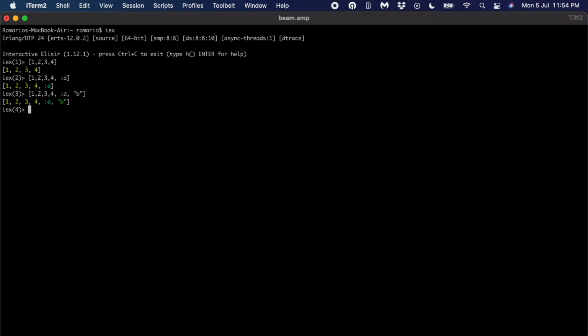We can add two lists by using the double plus sign. So here we go. And we can also subtract lists. So 1, 2, 3, 4. And if we use the double minus sign, we can subtract. And there we go. And that's it for the basic operations, but there's one cool thing that we can do